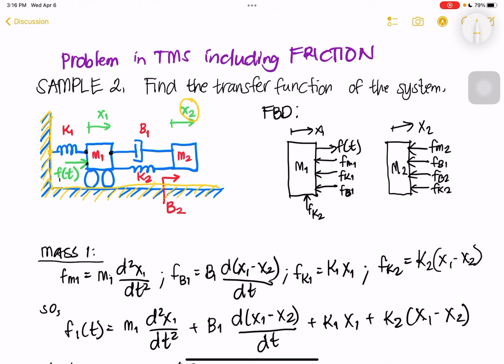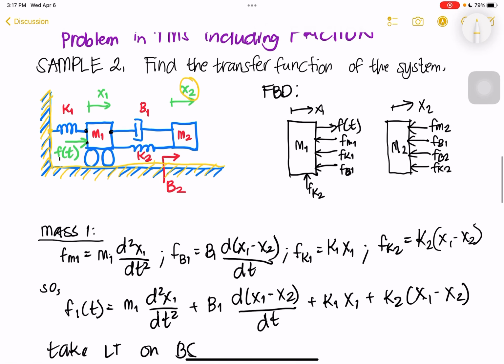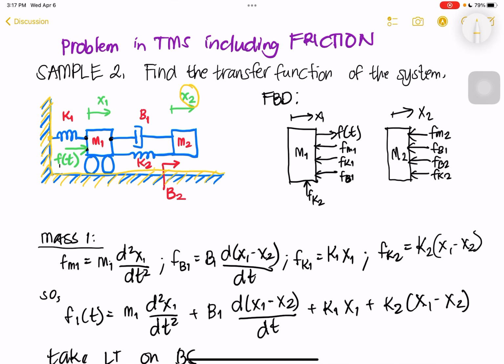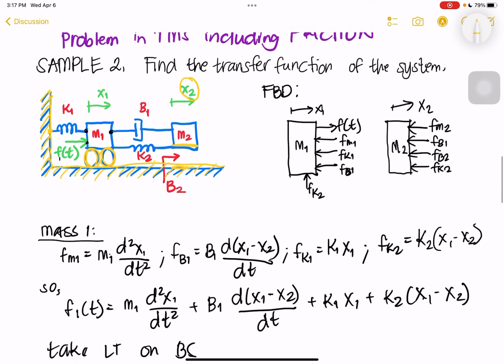So the difference with the previous example is that we didn't have this reference wall here. So the friction that we're talking about is this friction in between the mass and the wall. We don't have a friction involved in M1 because we put these wheels here, which means that we will neglect the friction in between them. Okay, so here we have 1, 2, 3, 4, 5